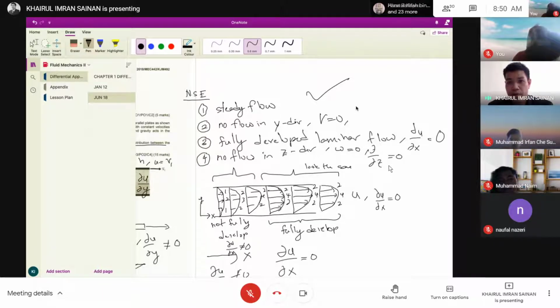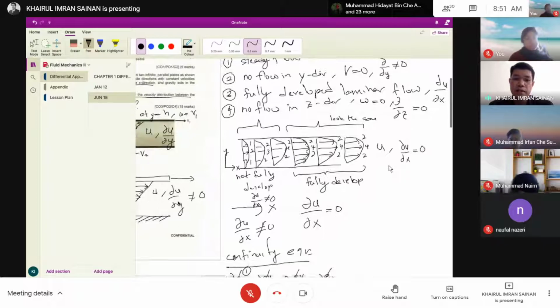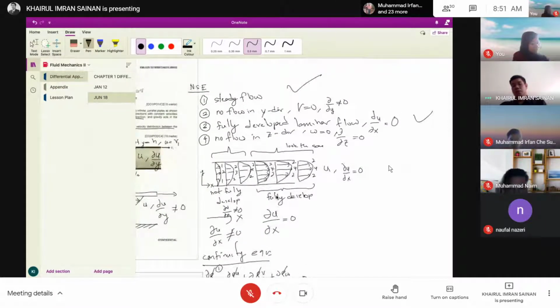But for assumption number 2, del over del Y is not equal to 0. Okay, only V equals 0, because we already established that del U over del Y is not equal to 0. So those are the 4 assumptions